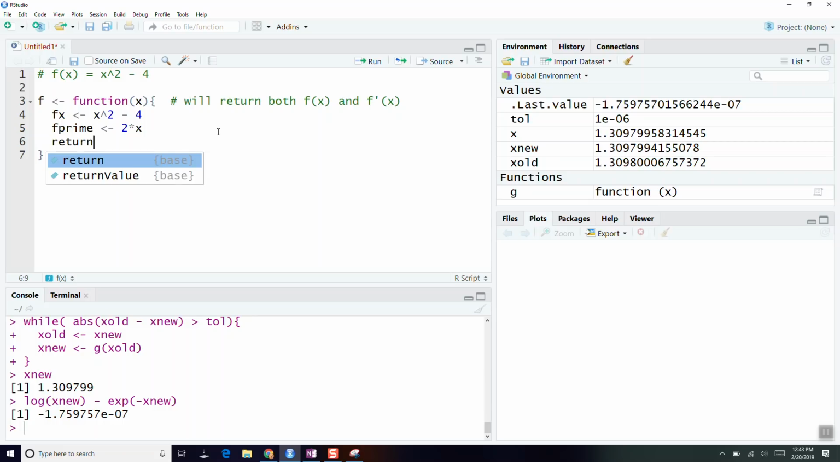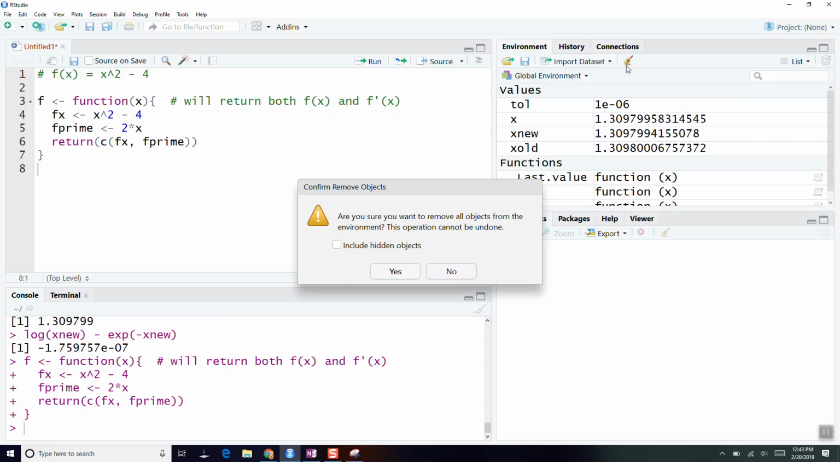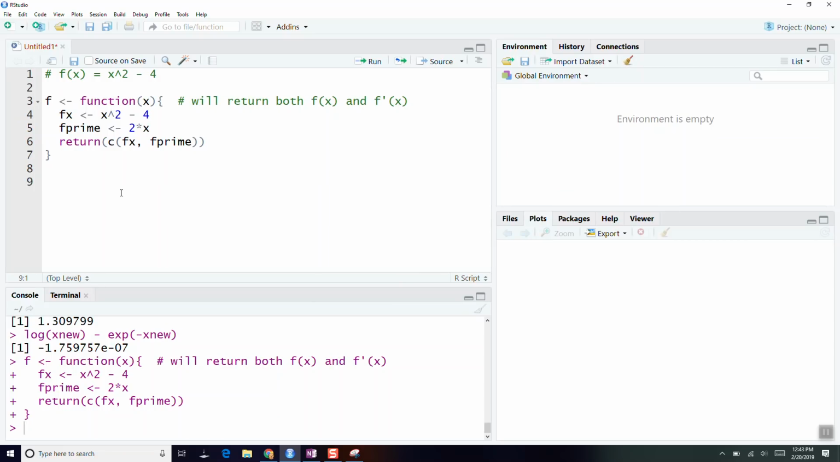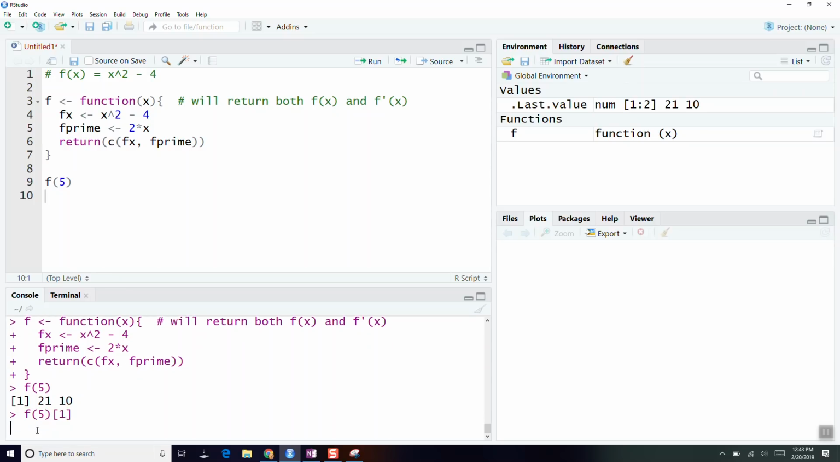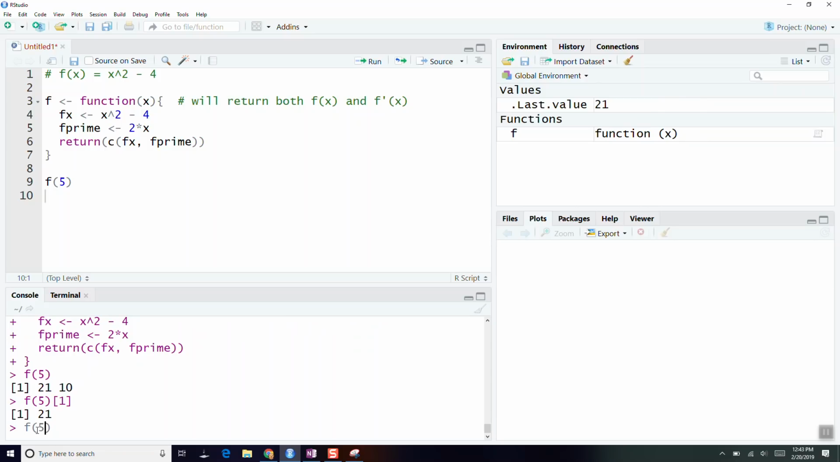And then what we're going to return, since you can only return one object, is to just combine f of x and f prime. All right, and that's what we've got. So this is going to be my function here. Let's actually clear everything out. And so we can just see, what is f of 5? f of 5 says it's 21, and the derivative at f of 5 is 10. And then I can get the actual value: I can just say f of 5 bracket 1 will give me the value, and f of 5 bracket 2 will give me the slope. So to access the value,